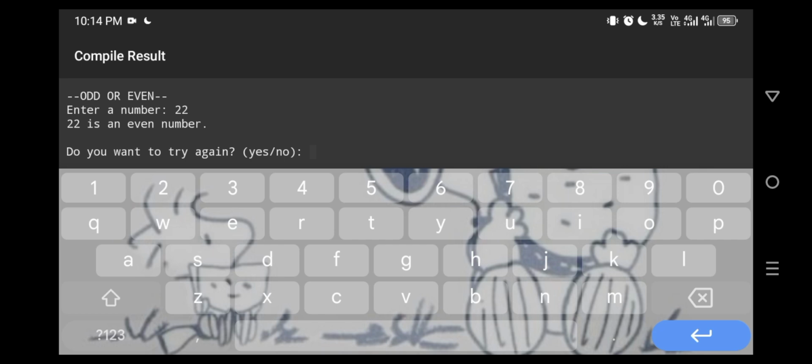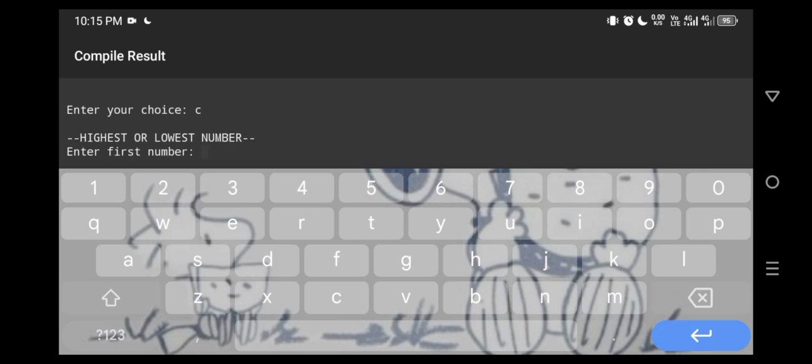As I said earlier, the do you want to try again is the do while loop statement, which repeats the program. And I will type yes again.